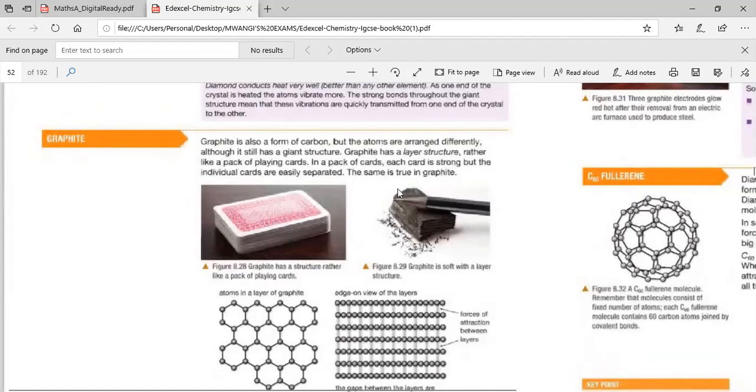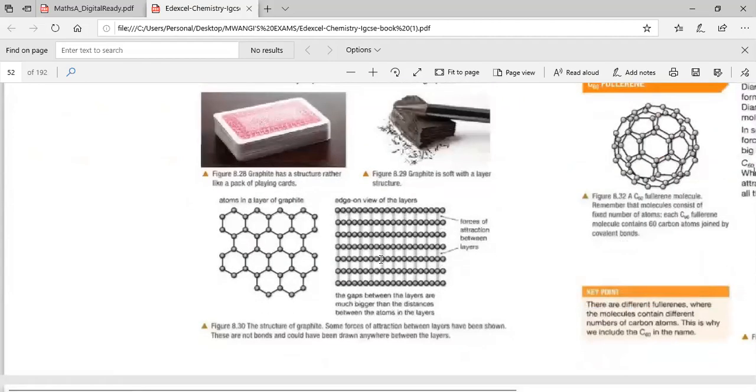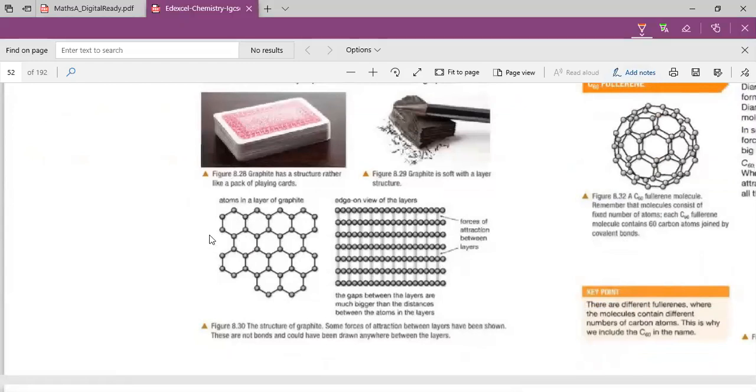is due to the arrangement of atoms in the graphite structure. In a pack of cards, each card is very strong, but the individual cards are easily separated. So you can see from this picture, you have atoms in layers of graphite. You have the first layer, let me highlight that one. This is the first layer, then you have the second layer of graphite, and so on. They exist in layers. Now, this